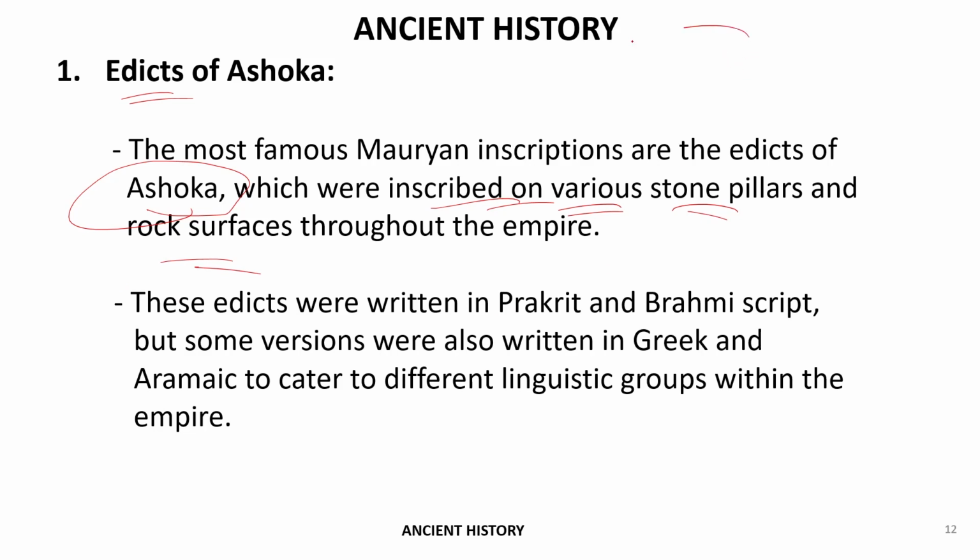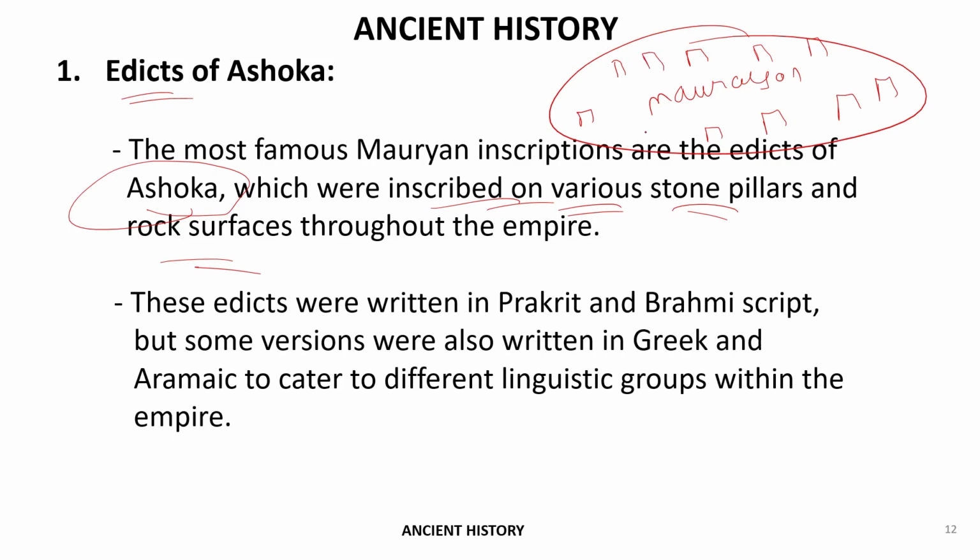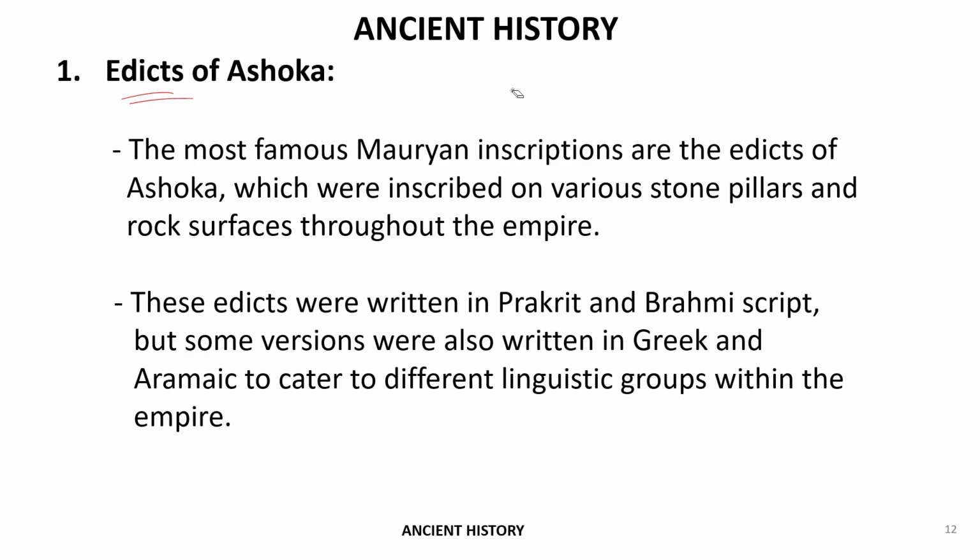If this is the Mauryan Empire, everywhere you will find pillars and walls carrying the teachings and writings of Ashoka the Great. Got it? The question is, what was the need for these things, and how did it all start? To understand this, first of all we understand the major fact, and the fact is